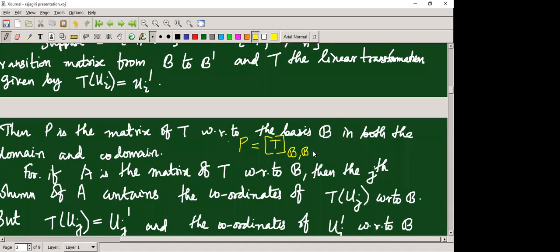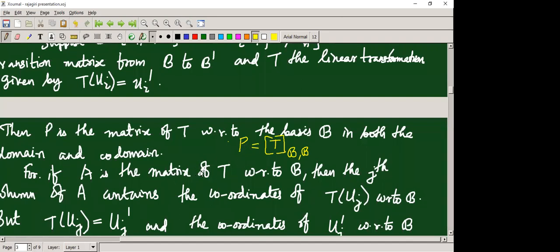So you know how to find it. I am not discussing the matrix representation of a linear transformation; this we all know, I think. So you find the matrix of T with respect to B. How can you compute the matrix of T with respect to B? You take the same basis B in both the domain and codomain. So why is the matrix of T actually our transition matrix?